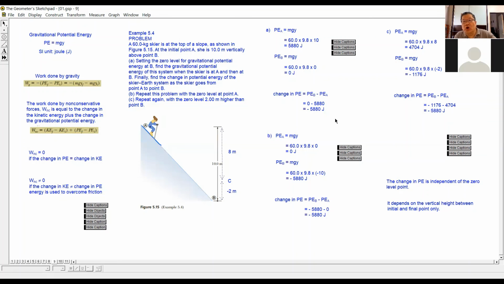You are drawing energy from the system to slide down the slope. You are not using energy of your own. There's no input. This is negative here. But on the other hand, let's say if you climb up the slope, then yes, you are putting in energy, so it is a positive energy, right? So now you look at